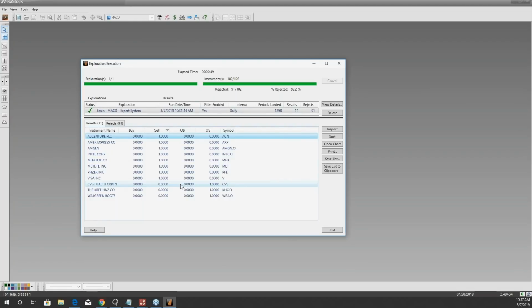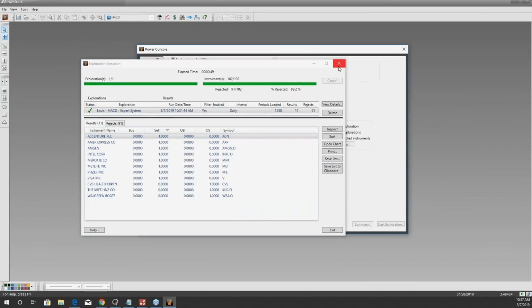So I want to figure that out, and I'm going to do that with the system tester. That brings us to the next main tool, which is an awesome tool. Some traders out there don't believe in system testing. I personally do like system testing. I think it's a good way to get an idea of accuracy, right?